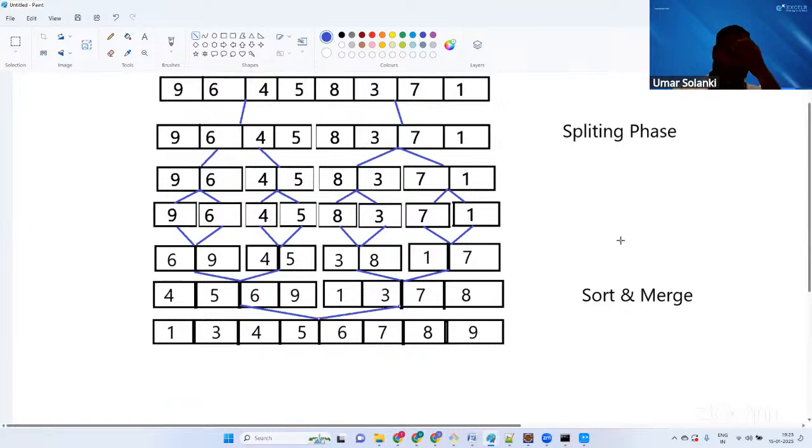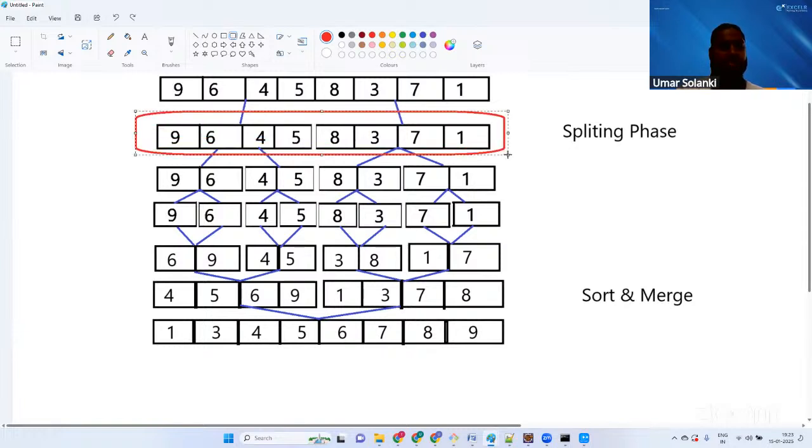So all you need to understand is the first phase of splitting. You want to really understand merge sort. Try to understand the first phase of splitting and the last phase of merging. That's all. You can skip all this in between. So if I try to explain these two arrays,